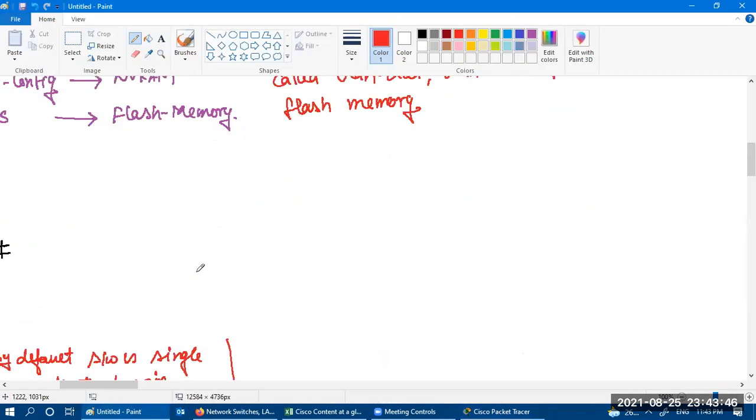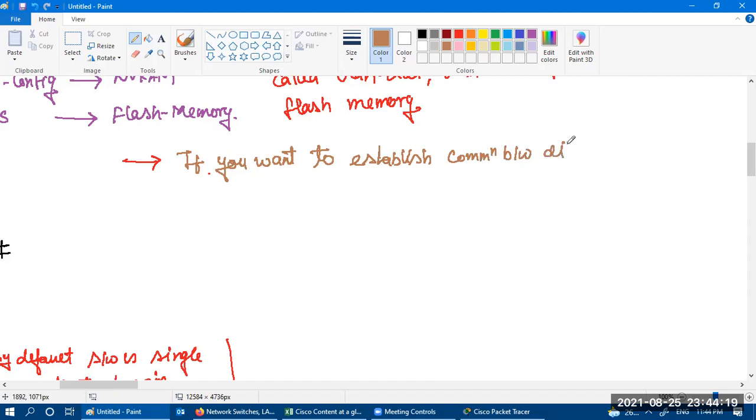Okay. So I'm just mentioning this thing over here. If you want to establish communication between different VLANs, we have to use a layer 3 device.